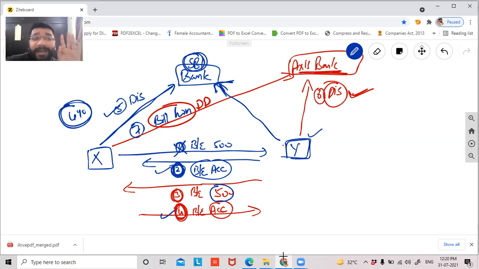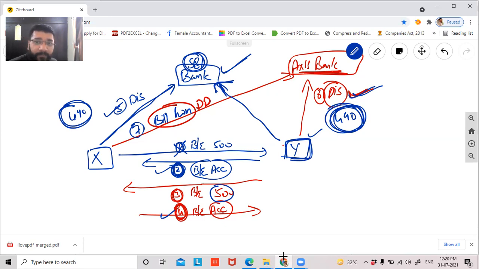So Y is telling X, on the due date, I have to make the payment to SBI, and I don't know whether you will make the payment to me or not. So I don't want to take a risk. So you better give me a bill of exchange in writing. So what did Y do? Y went and discounted this with Axis Bank, and he enjoyed 490 rupees. So now why should X give money to Y? Whatever this 490 rupees Y is having, he will settle and give to SBI Bank and settle the account, no? Okay, sir. Correct.